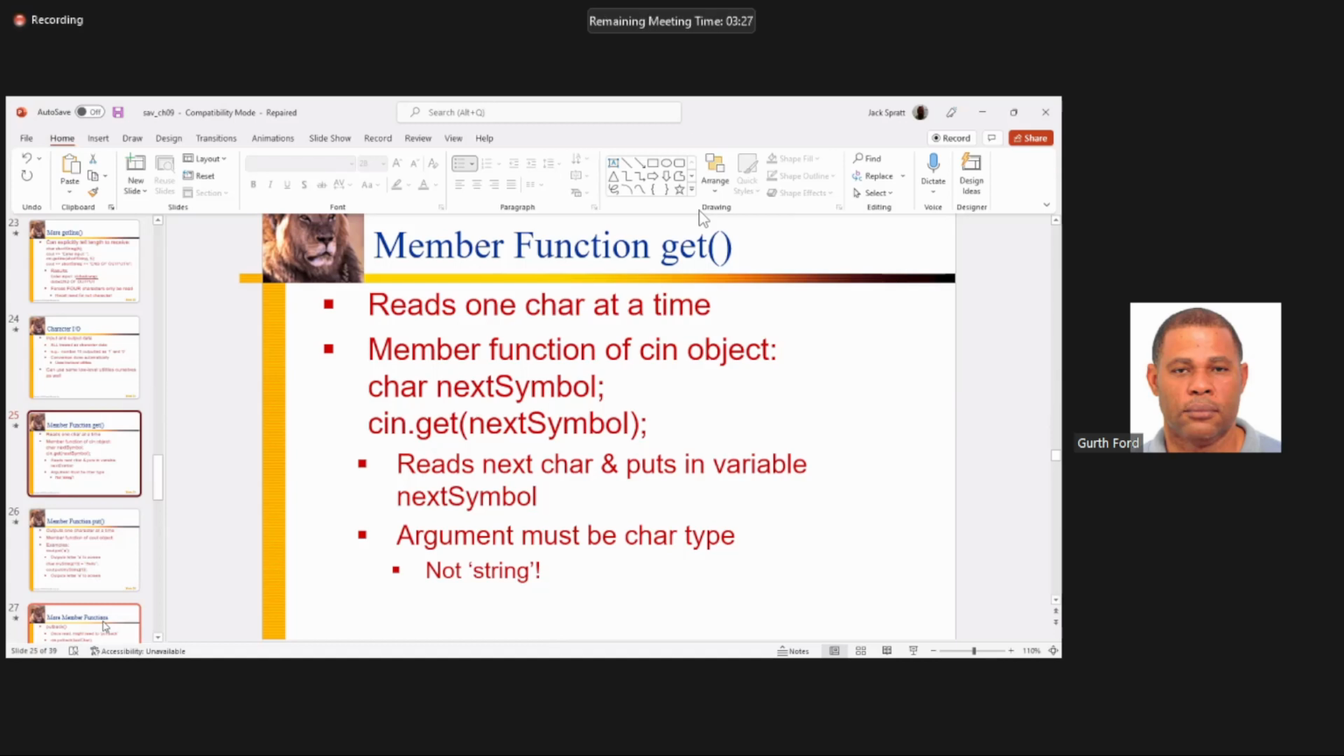And the get function could be used. You'll find that later,